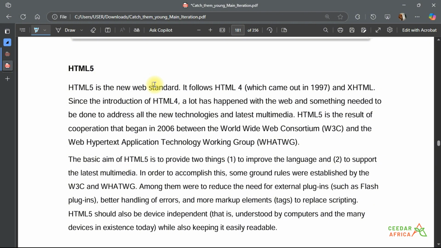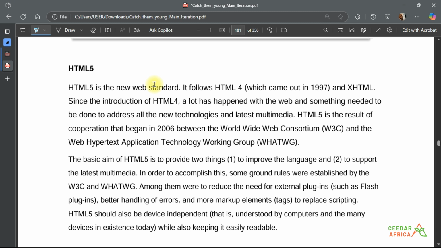Among them were to reduce the need for external plugins, such as Flash plugins, better handling of errors, and more markup elements to replace scripting. HTML5 should be device independent, that is, understood by computers and the many devices in existence today, while also keeping it easily readable. So what this long text is saying is